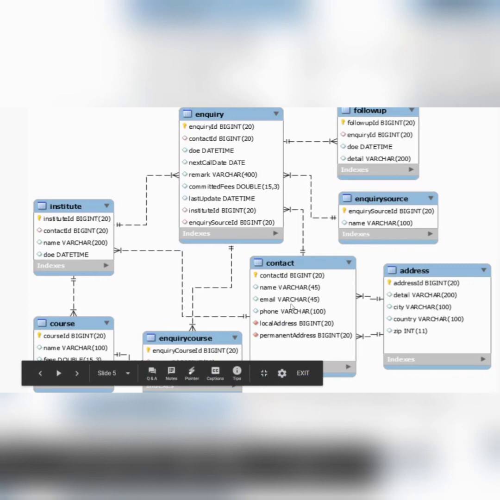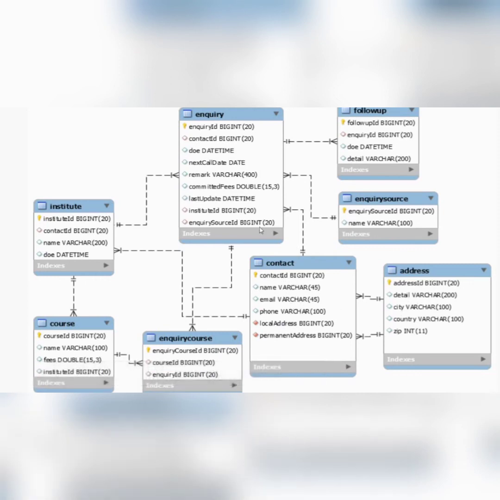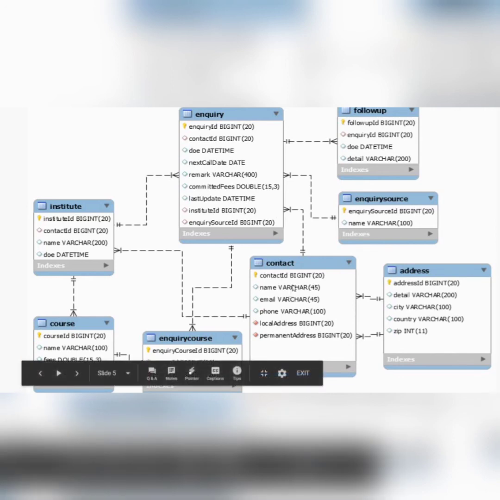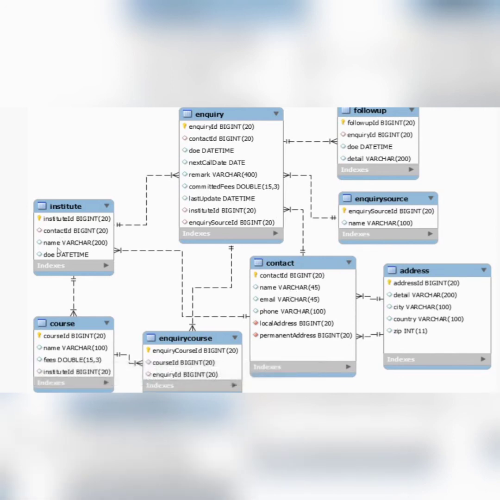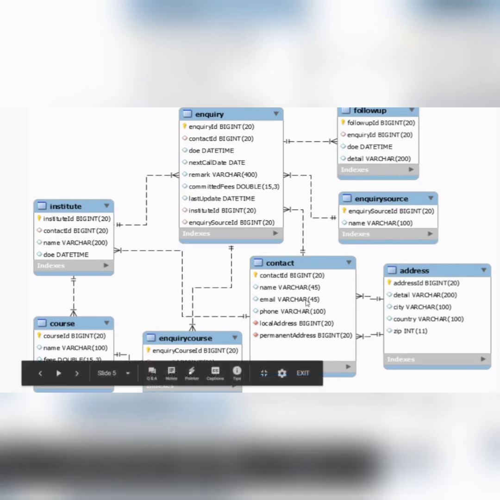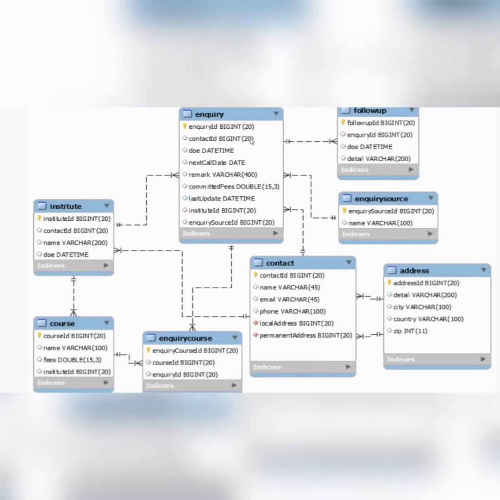These details will be referred to in contact, and the same contact can be reused for the inquiry, because an inquiry has contact details like number and email address. So that will be referenced from here. The institute also has some details. During the registration we are taking some city, country, or the name of the institute. So we will be reusing this contact table, right? When you are adding an inquiry, one inquiry can have multiple follow-ups. If you are talking to that person, you might be adding some remark on what you discussed with that person. So all sorts of follow-ups you will be adding in this table.